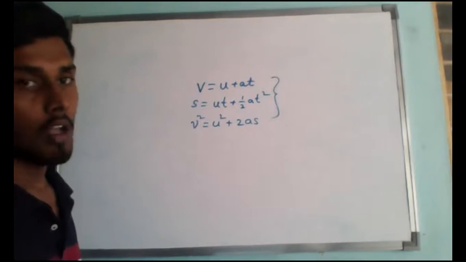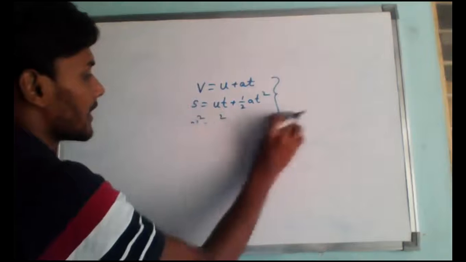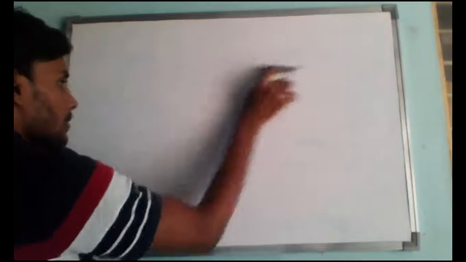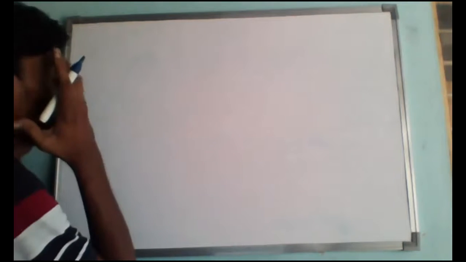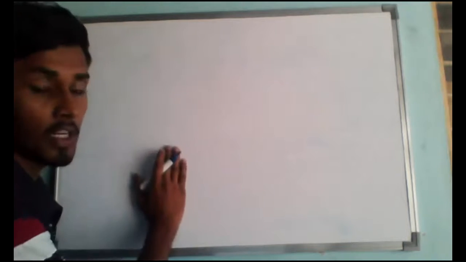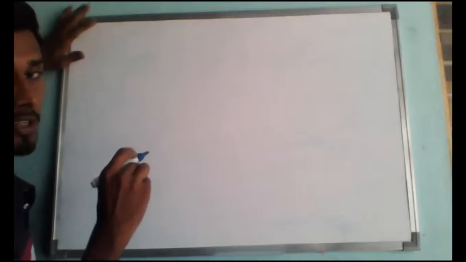Now, if you observe, we already derived them in a mathematical way. Have you remembered? We derived these equations with the help of mathematics. Now, with the help of the graphical method, meaning the motion of a body represented in the form of a graph, let us see how to derive them. Before that, I should say one thing to you.